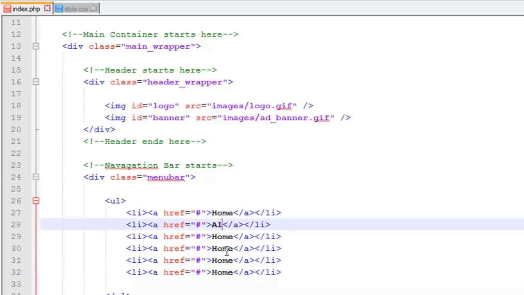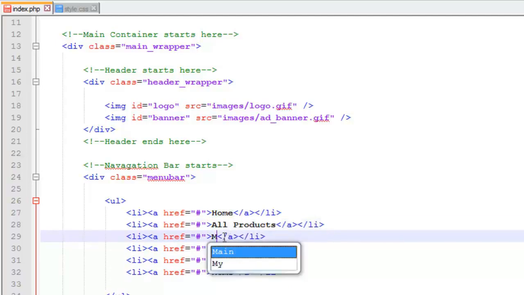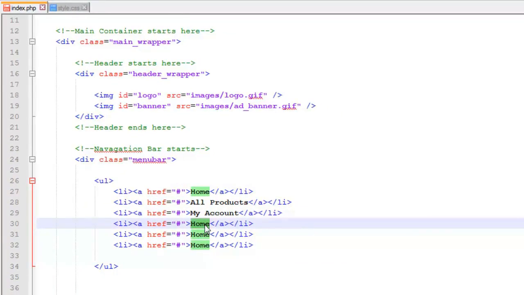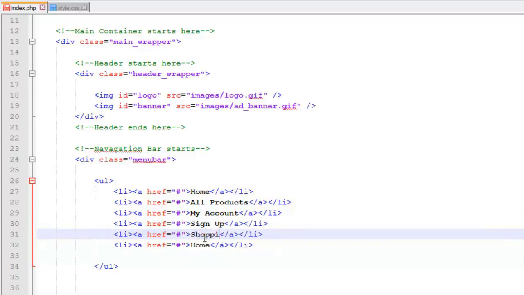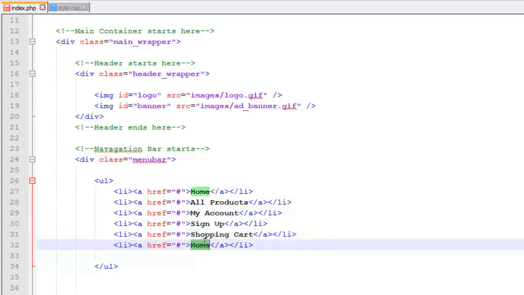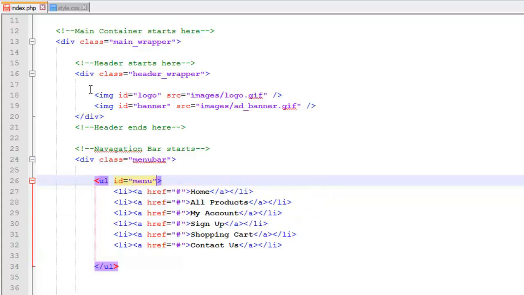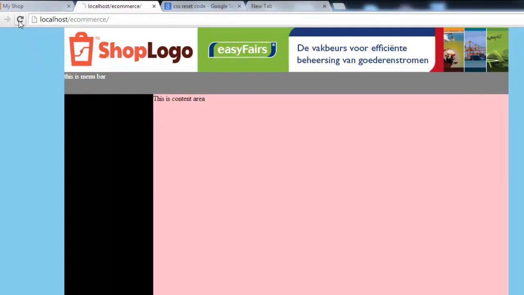We'll say all products, we'll say my account, we'll say for example sign up, shopping cart and contact us. These are the links we have added into the UL tag, and inside the UL tag we will add that ID called menu. So now simply save all, come to the browser, refresh it, and you see these are the